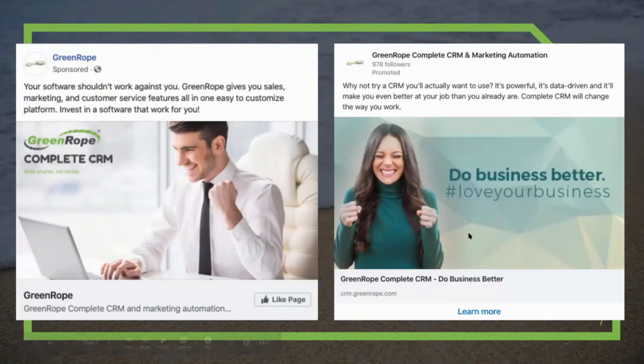The one on the right here is a LinkedIn campaign that we did. And you can see here that this is actually a lead gen campaign. So if you click this learn more, it's going to take you to a sign up form. The great thing about LinkedIn lead gen is that it makes it so easy for the person to submit their information, because these forms will pre-populate with the information based on their LinkedIn profile.